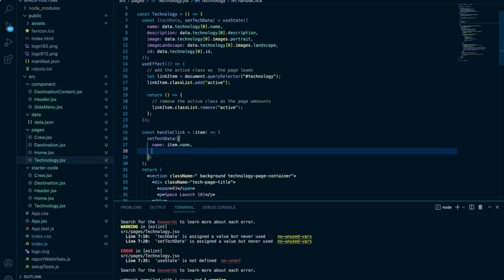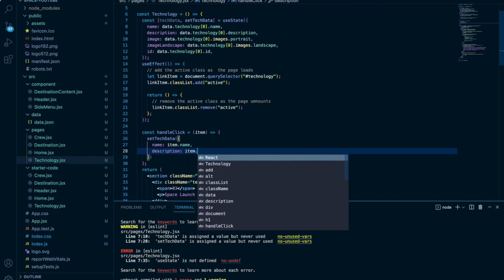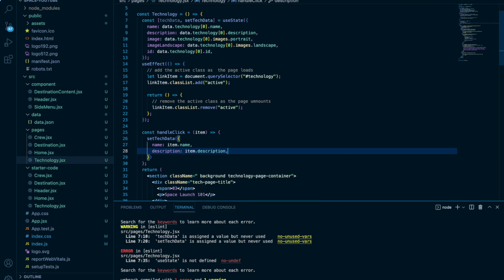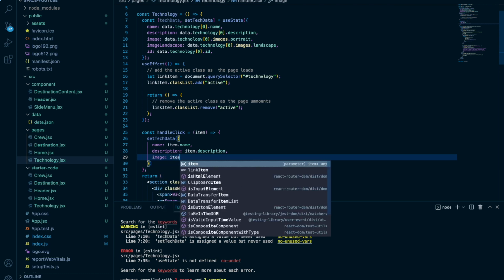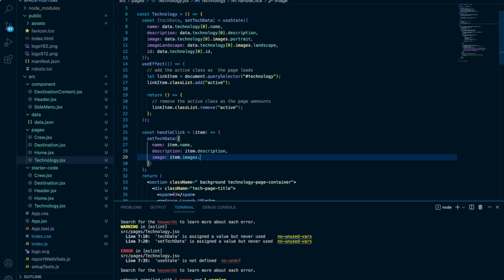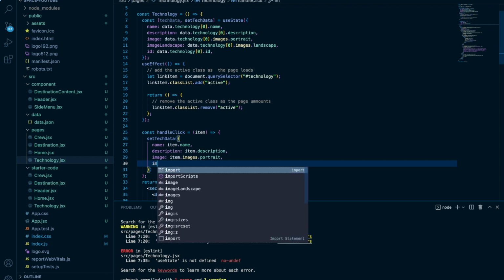Next we have the description, item dot description, image dot portrait. Okay, then we have image landscape,